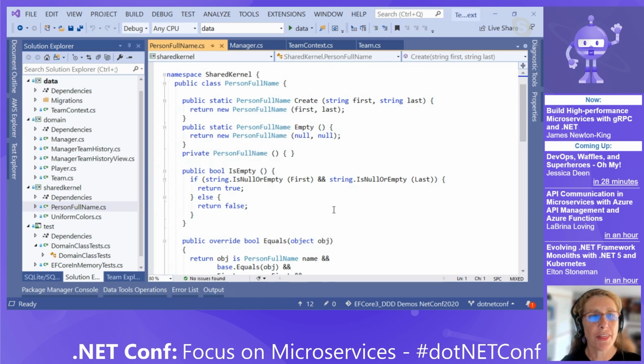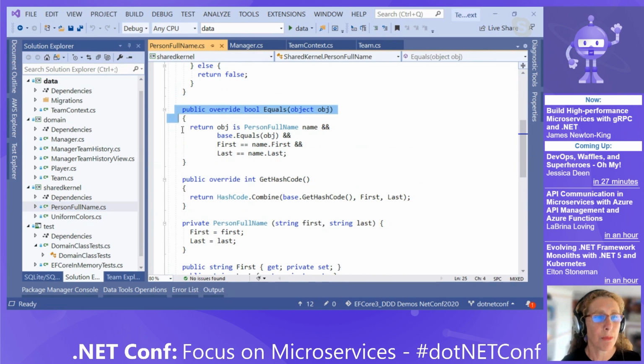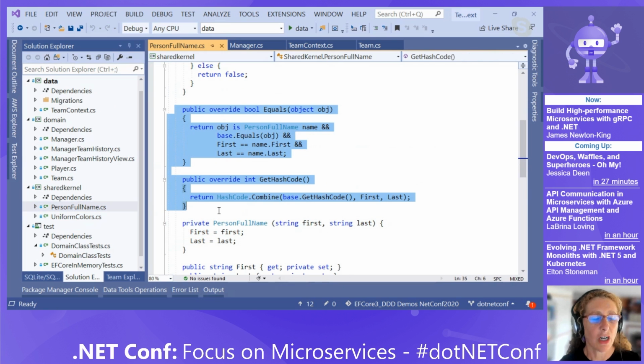But there's a few more things that make this a value object. One is that it's immutable, so the only way to set those first and last name values is when you're instantiating it. Also, these are really important facets of a value object: you have to be sure to override Equals and GetHashCode for equality comparison, because it needs to compare all of the values.